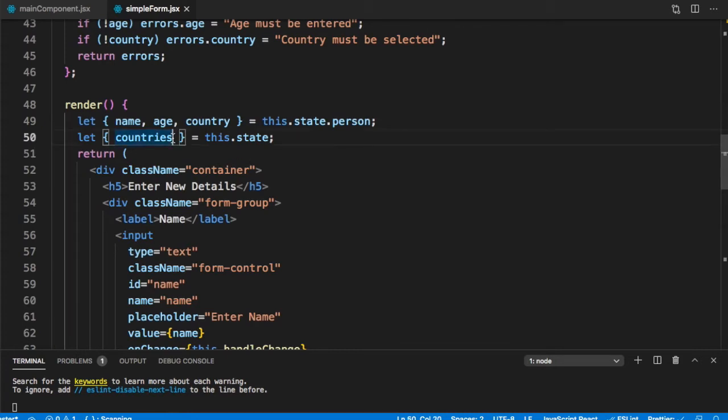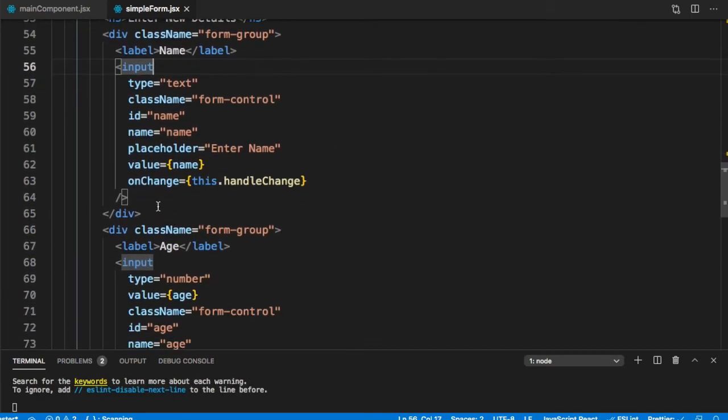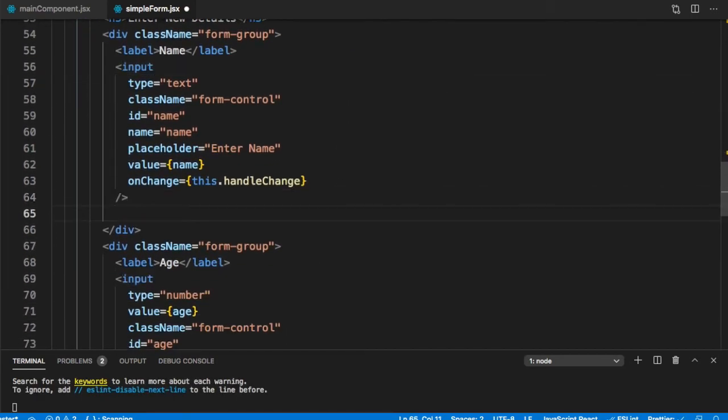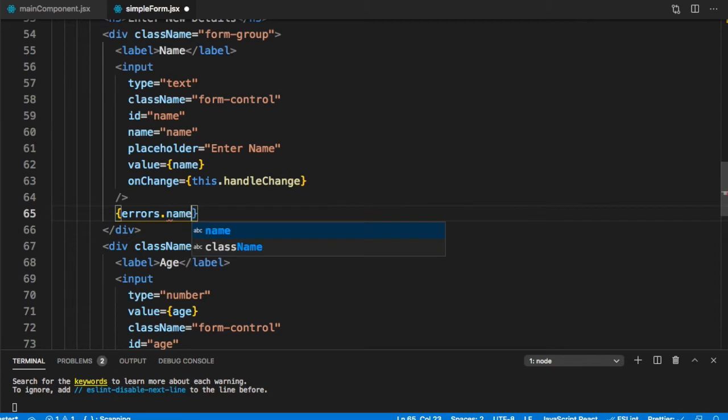So let us destructure the errors object. Once we have destructured the errors object, let's display it. Here we can say errors.name. Now, if errors.name is truthy, which means the field exists and is a non-empty string, that is what truthy would mean.